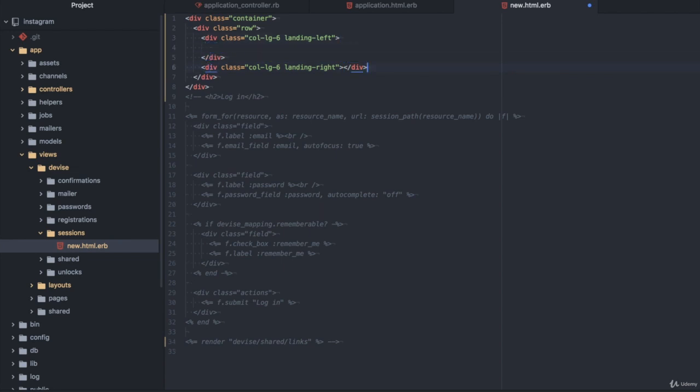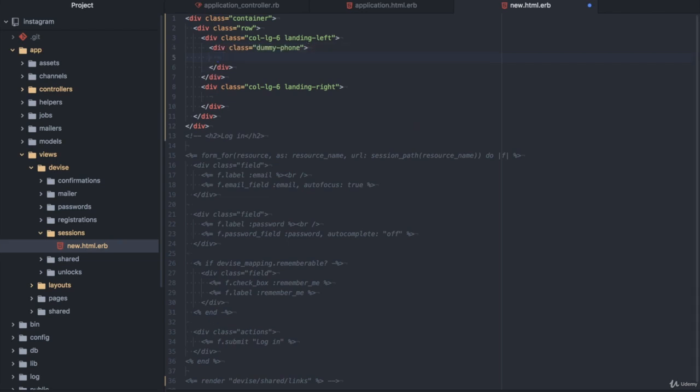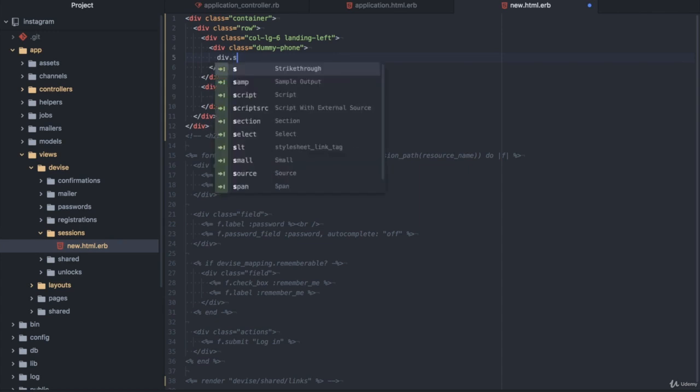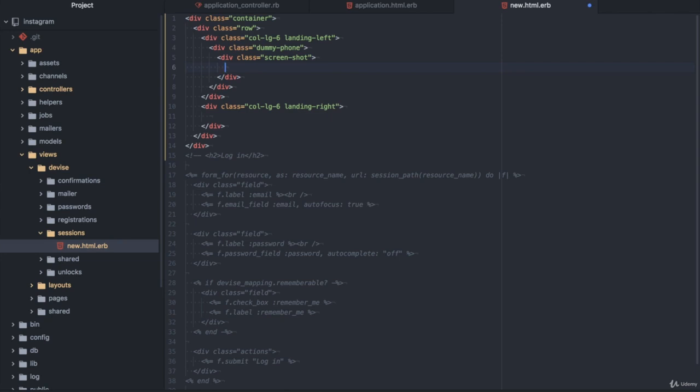Okay, enter. And so here I want to write div.domain-phone, enter, div.screenshot, and so I want to write div.carousel